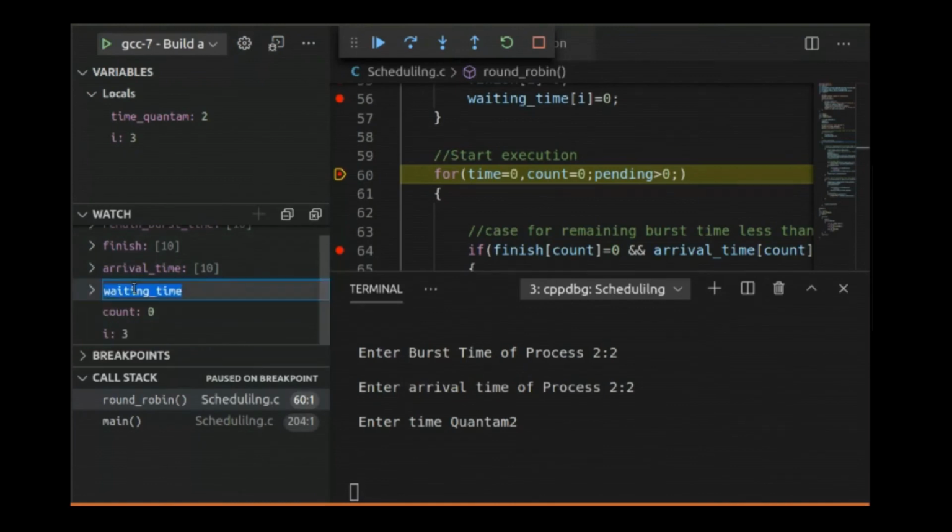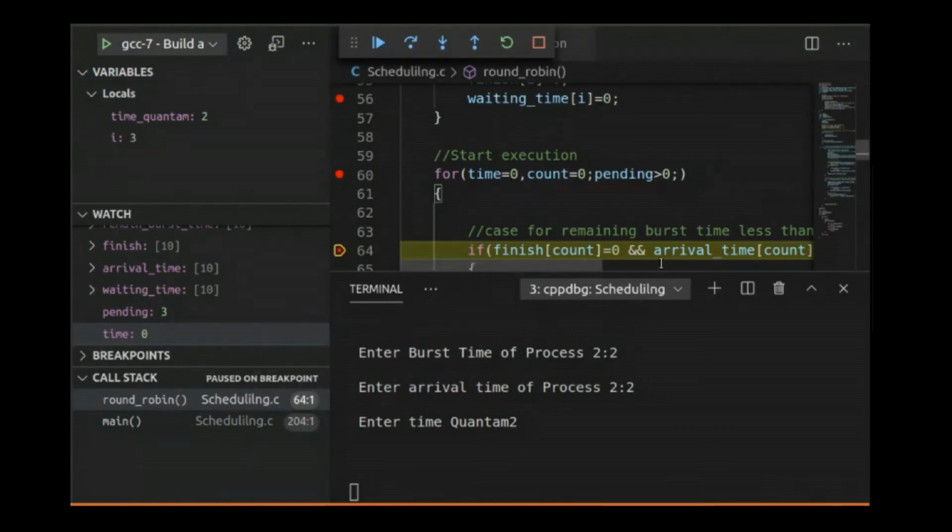Then we will remove this variable and instead I will write the variable pending. Important variables only we will check, and this as time. So pending is 3, time is 0. Execute it.